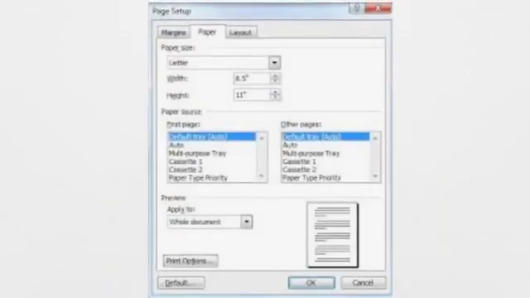In that dialog box there are three tabs given. The center tab you have to select, that is the paper tab. Go to the paper tab and you will find some options there. Click on that drop down where you can change the paper size: A4 size, A5 size, A3 size, letter size, whatever size you want to select. Your paper size will be set as per your choice. Simply click OK. You will see the changes that you have made.